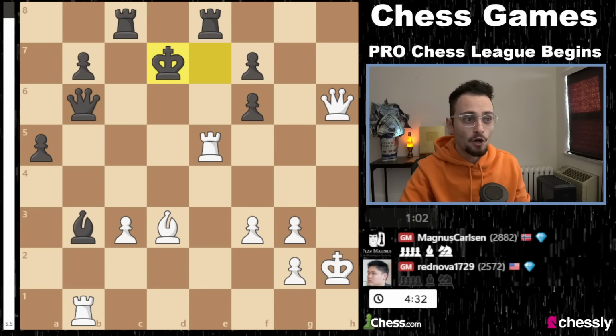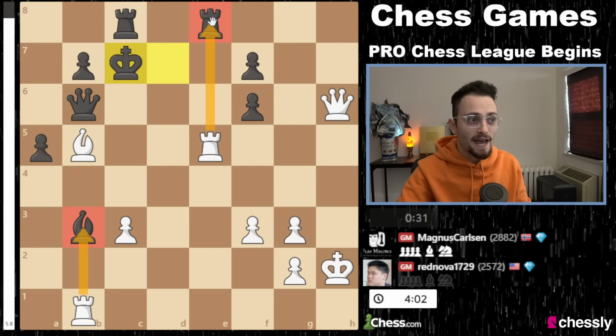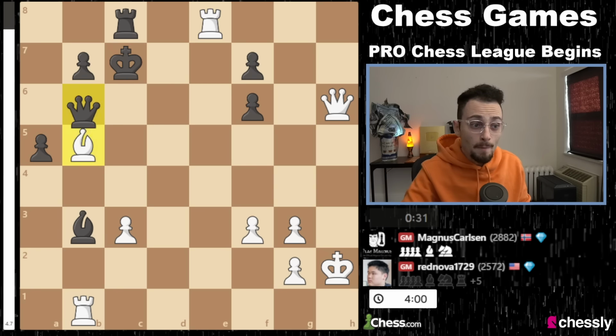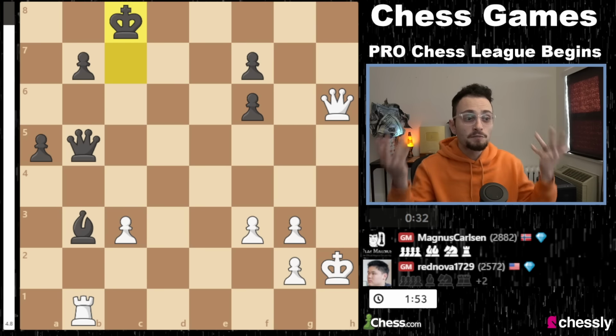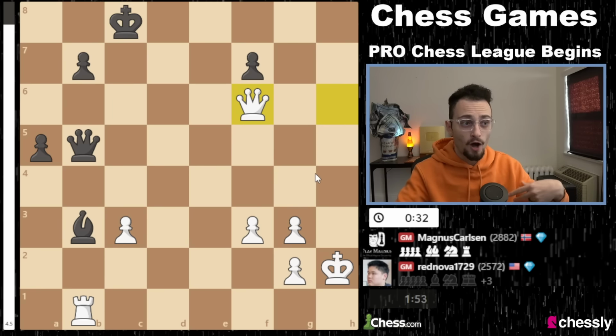King d7, the king is going for a run. Bishop b5 check, king c7. The bishop is hanging. The rook is hanging. But now the rook is hanging here because the queen is actually defended. So what do? Rook takes c8. Magnus plays queen b5. Rook takes. King takes. It's +4. It's +4. Now, it's +4 if you take this pawn and...